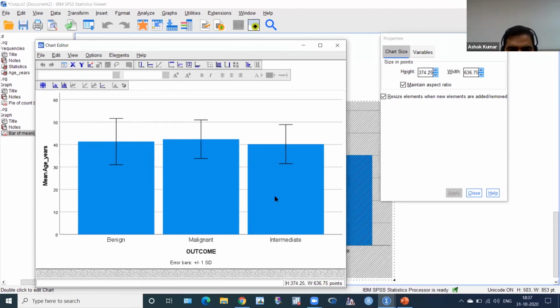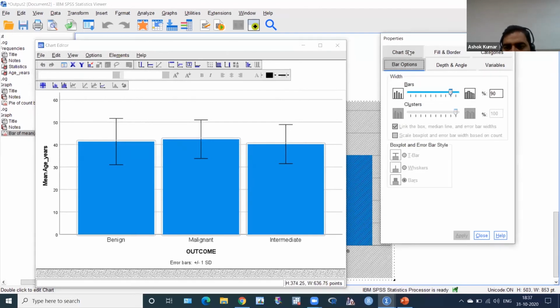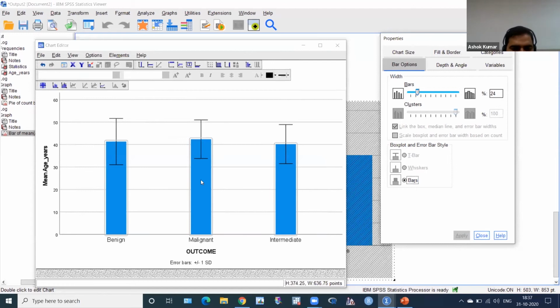So please select these bars, click here. Okay, all are selected. You can see here, all are selected. Then this is a bar option. Click on bar option. Then this is bar width. So I want to select around 25, 26, something, 24. Then click apply. Oh, it's looking very good. If you want to increase, you can increase bar option. This is bar option here, property. Then you can increase. Very good.